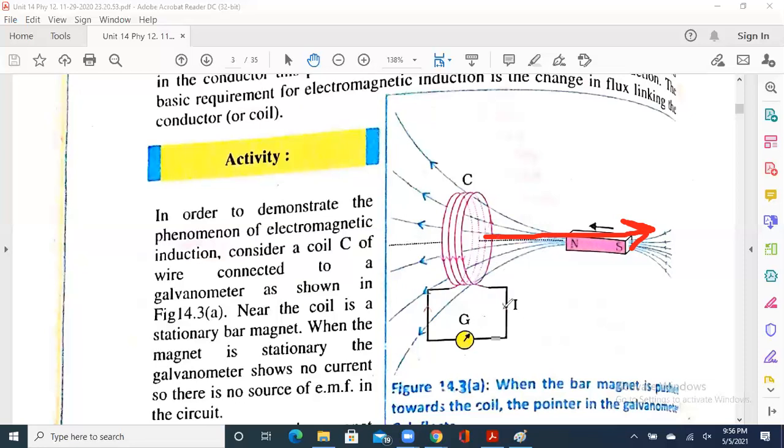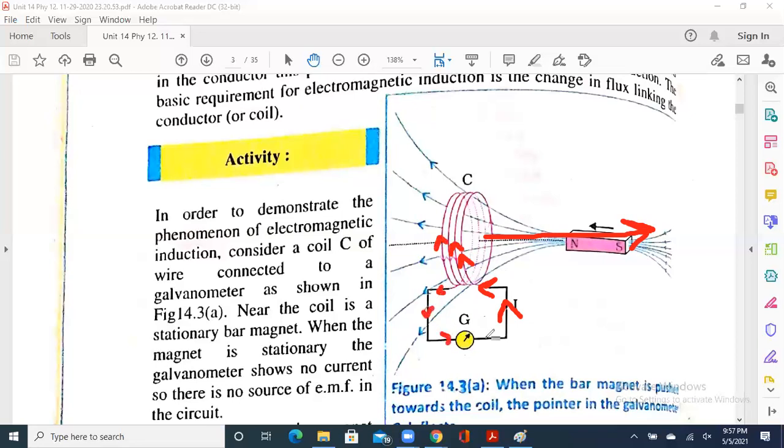All of the current will be moving in the opposite direction. Previously, it was moving in the clockwise sense in this circuit of the galvanometer. This was clockwise. But when the magnet is moving away from the system, what is going to happen? All of these directions will be changed. So it will be moving anti-clockwise in this system. All of the arrow directions have been changed, have been altered.